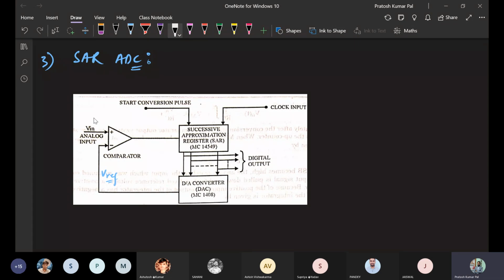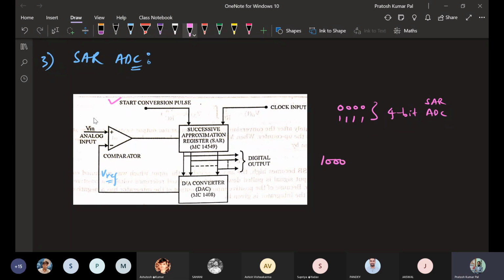So reference voltage is directly compared with the equivalent analog signal. Initially, the first step is the start of operation. Once the start of operation is activated, the approximation register will act. Suppose it is a 4-bit ADC. If it is 4-bit, 4 lines will be there, going from 0000 to 1111 at maximum. So when the start of operation happens for a 4-bit SAR ADC, the initial value will be 1000.